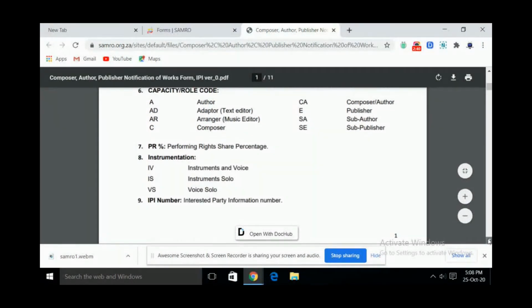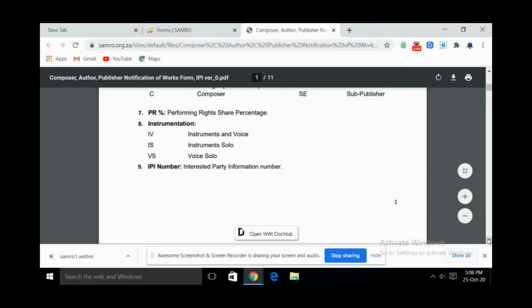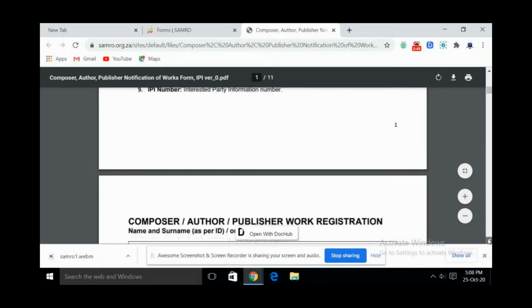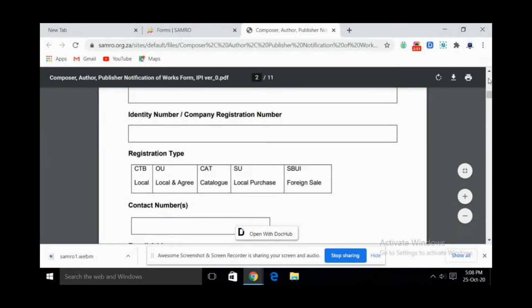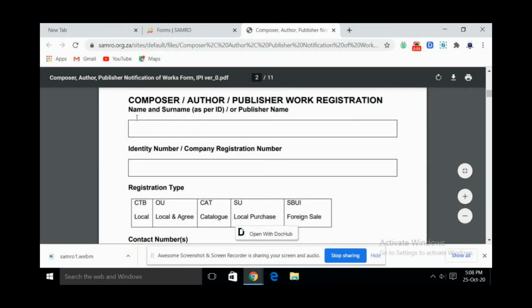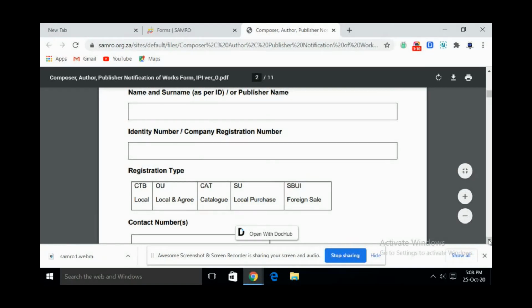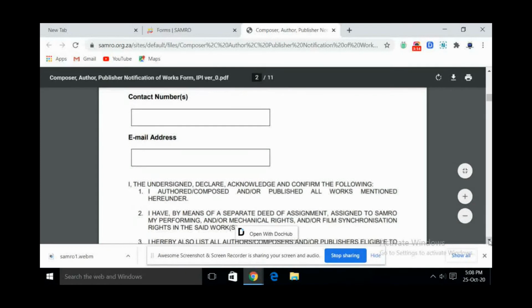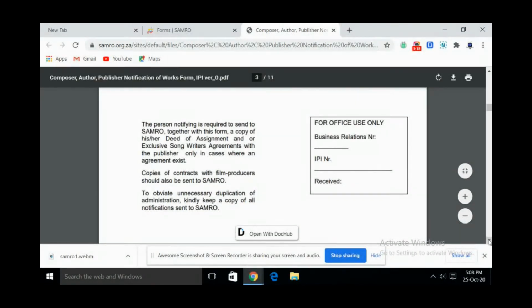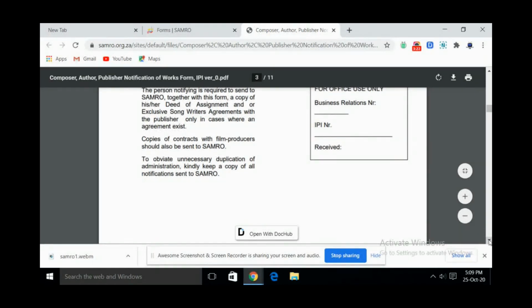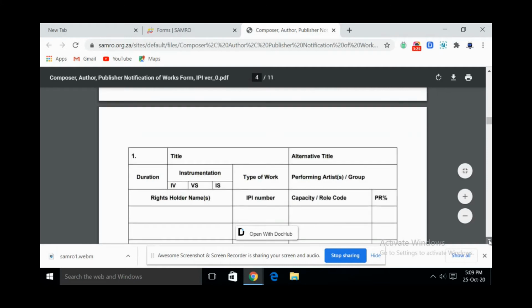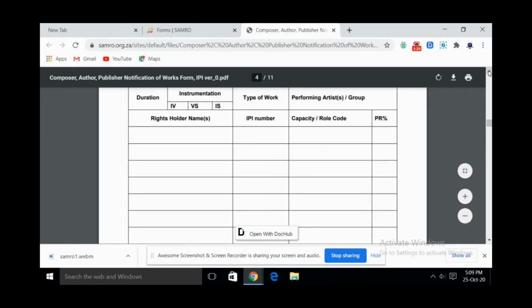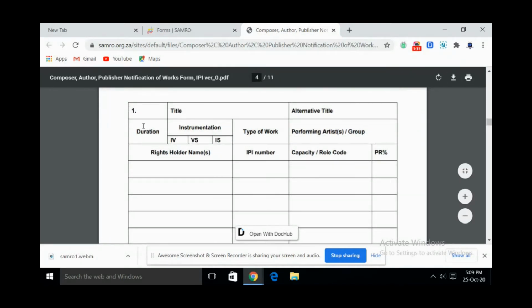You'll be filling in your name, identity number or company registration number, your emails, your contacts. You sign yourself once again, and this is only for Samro to use. You don't sign here, and then yeah. So here, that's where you fill in the songs. Now, one, you write the title of your song here, and you have the alternative title if you have, and then here it's the duration of the song. If it's 5 minutes 30 seconds, you write exactly that,